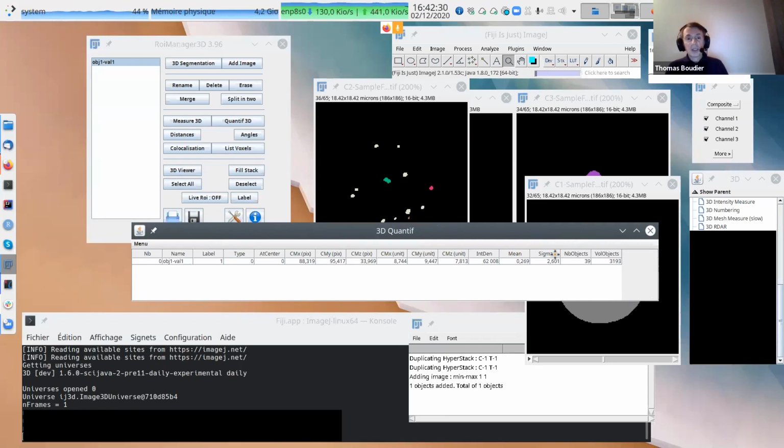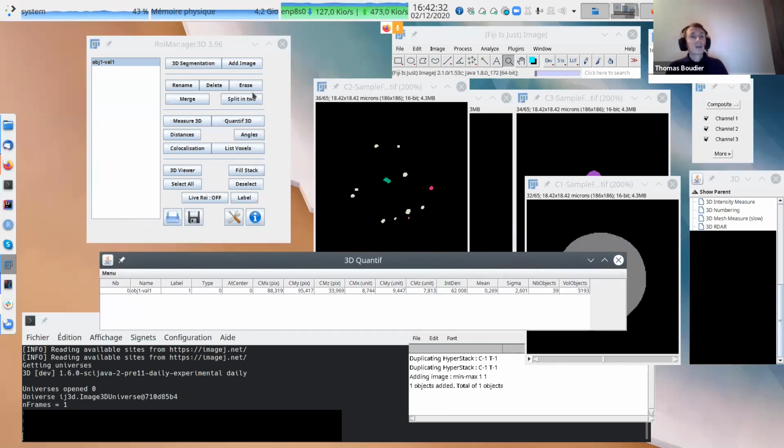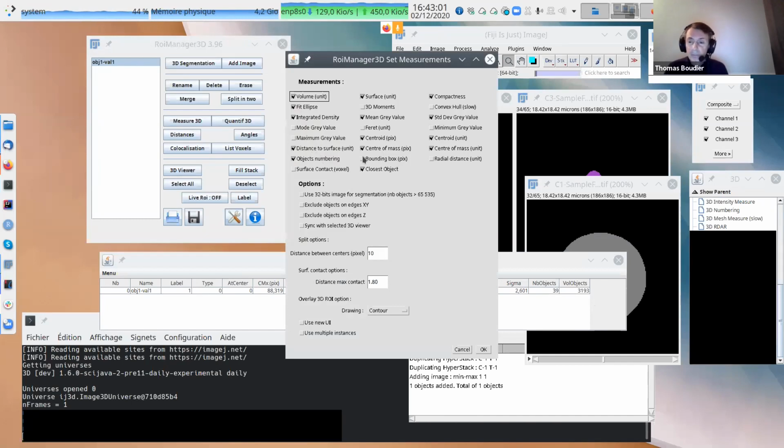Number of objects: I have 39 objects within this object 1, and the volume occupied by these 39 objects is 3000 something. For here I have only one object, so it's not quite interesting, but if you have many objects, you can have the number of other objects inside this bigger object for all the objects. So this is like the object numbering I show you here.